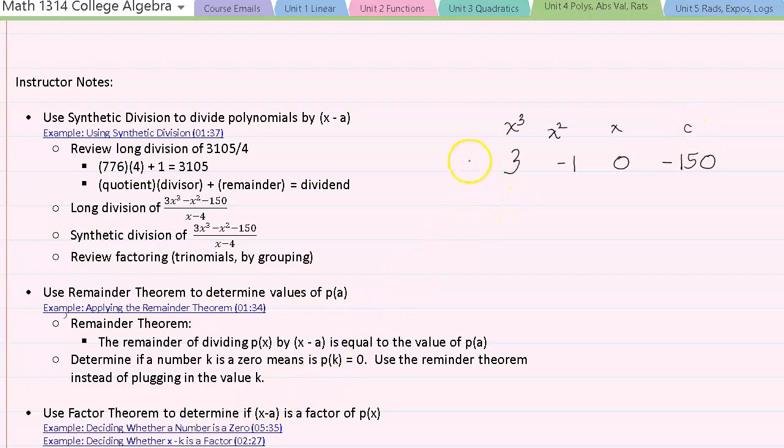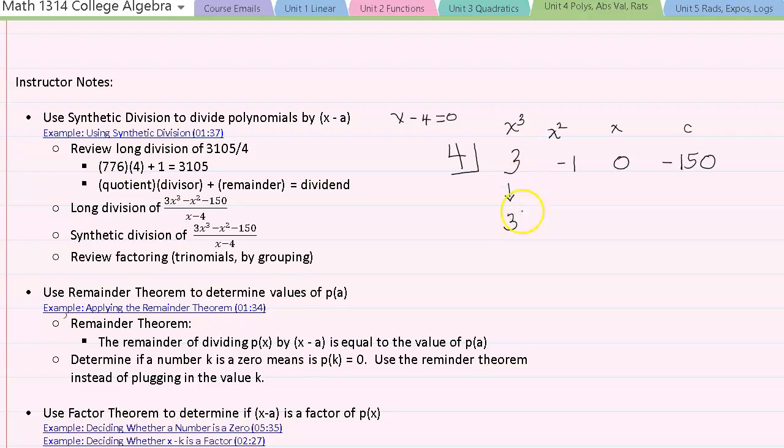To complete the setup of our synthetic division, we get our divisor and equal it to 0. So we have x minus 4 is equal to 0, and solve for x, which will give us x is equal to 4. We place a positive 4 in the small box. Now we are ready to do synthetic division by first bringing down the first coefficient, which means we bring down